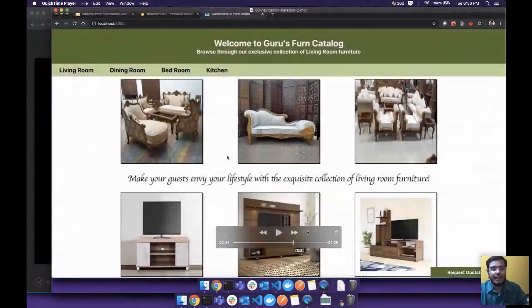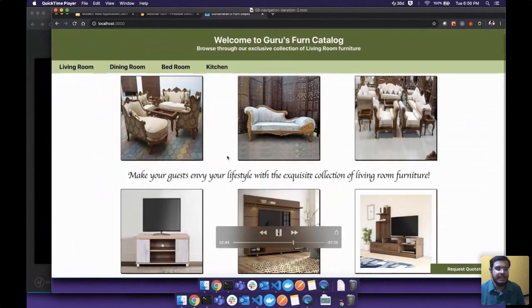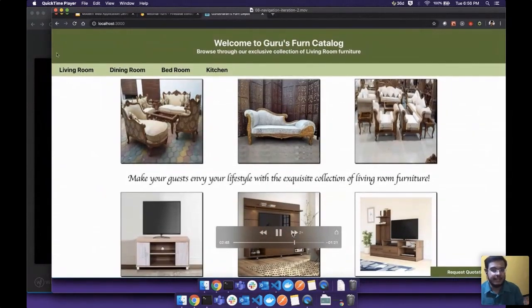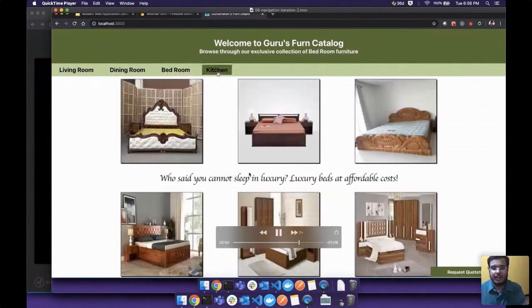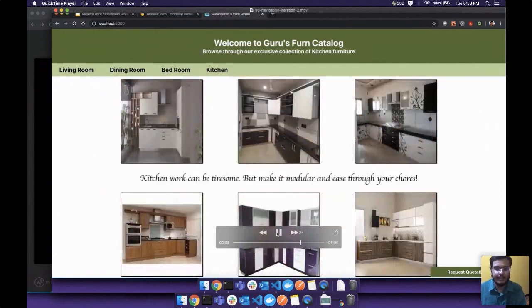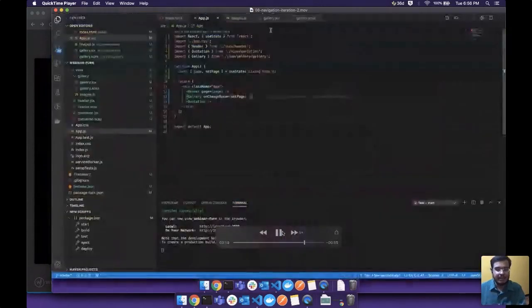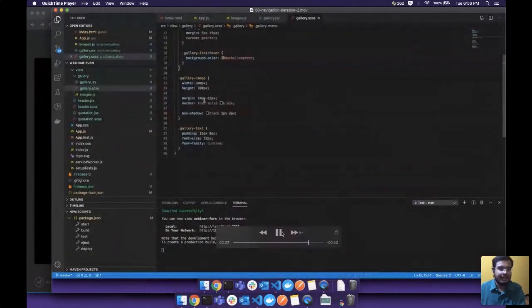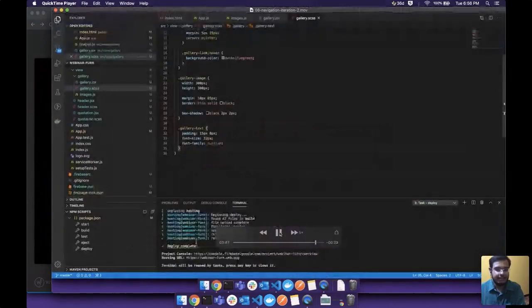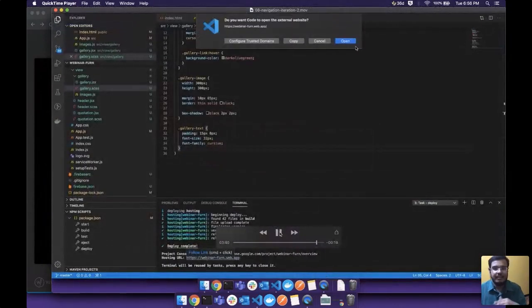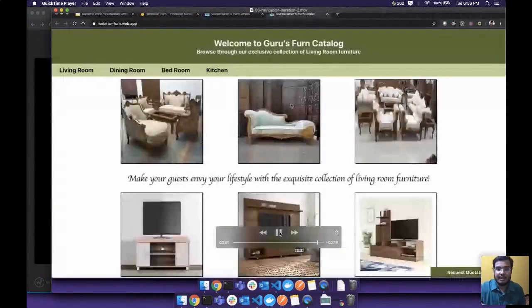So we have the menu here, and we have formatted this a little in a pleasing way, right? So I can actually click on the different links. It will navigate to different things, different rooms, furniture. And if you see, the page header also changes because we have that page state variable maintained there. So my second iteration is ready, and I'm going to rush through the deployment. Again, the CSS takes care of a lot of things like hover effects. I say deploy, and this is ready for my end user to consume.